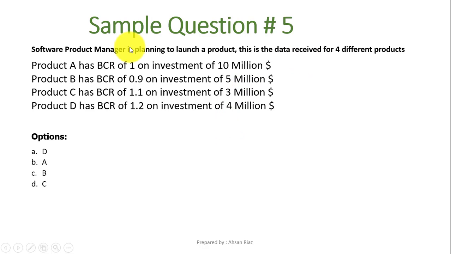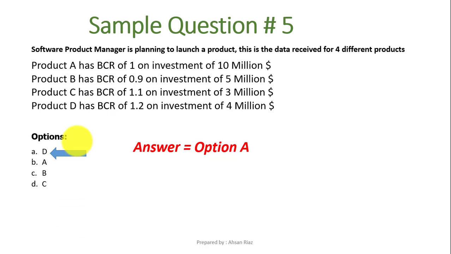The question is asking, which one is the better? Okay. Again, just like net present value and IRR, we are not concerned about the amount here, how much you are investing in the start. We are seeing the benefit to cost ratio for whole product, right? So we will select the product that has the highest benefit to cost ratio, and this is option number A